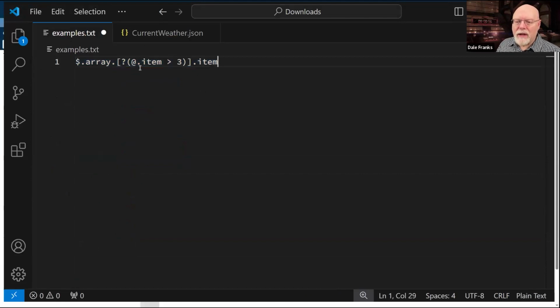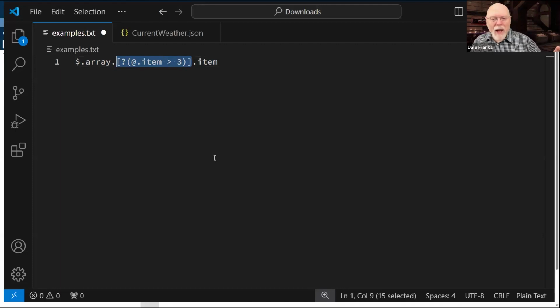Then I've got this square bracket thing. Now remember, square bracket means I'm looking for an array item. But inside the square brackets, what I actually have is a query. Now, we are not going to get into the details of building queries, but I probably should have highlighted this bit.